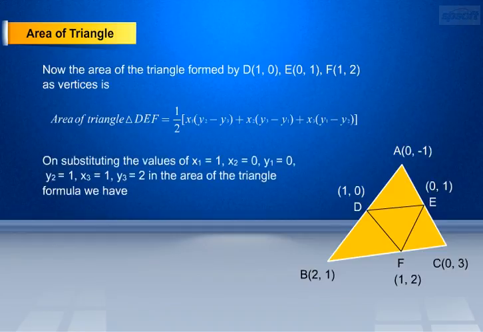On substituting the values of x1 equals 1, x2 equals 0, y1 equals 0, y2 equals 1, x3 equals 1, y3 equals 2, in the area of the triangle formula we have